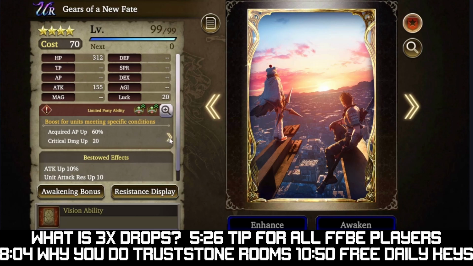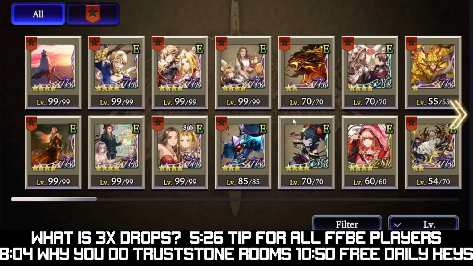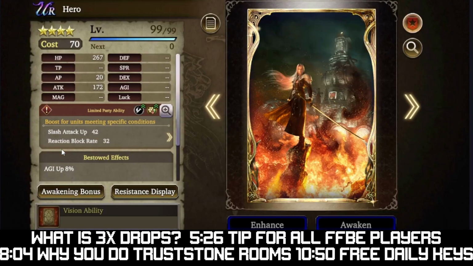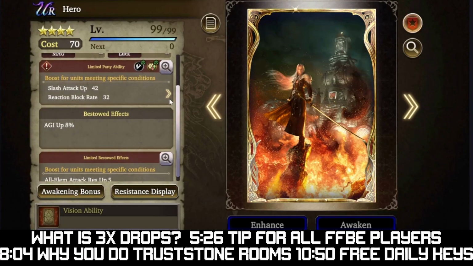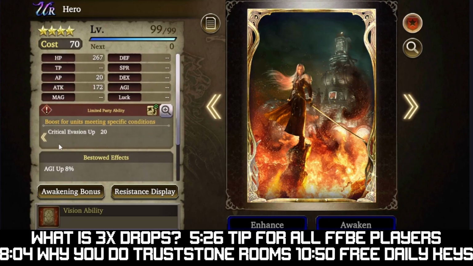Good card. Completely free, pretty easy to get. I mean, seriously, 3 missions, do all of the extra missions things, get all of the stars, and you can 99 that. If you've hit the Trust Stone rooms enough to have the... Because I couldn't 99 another card after this, and I've hit them a couple times, so...